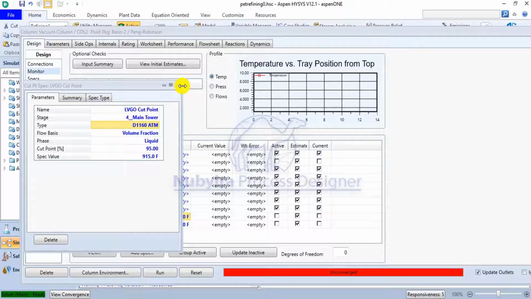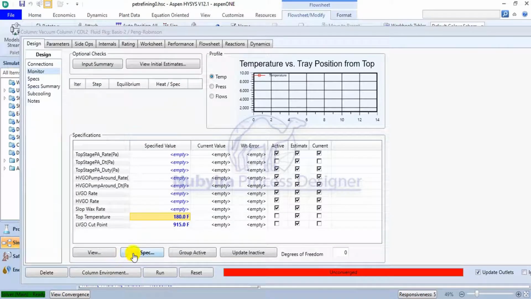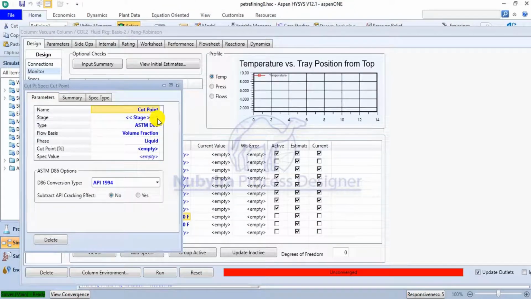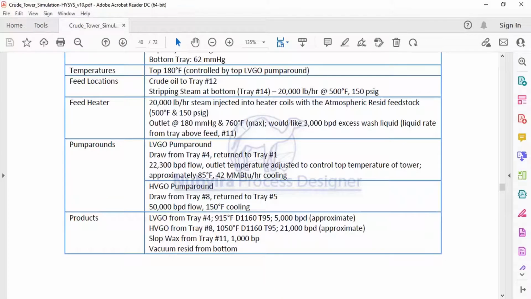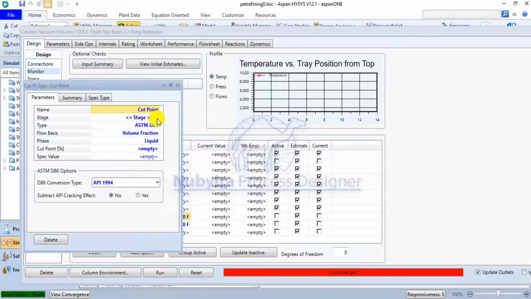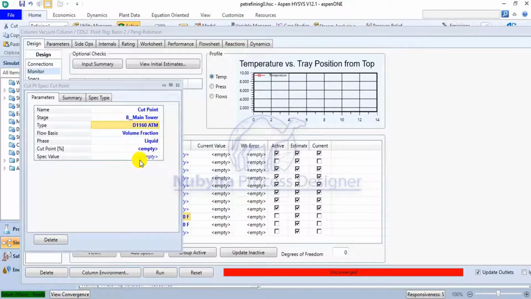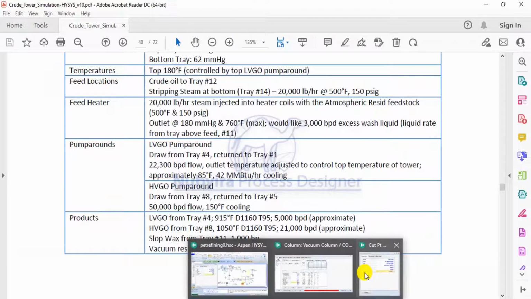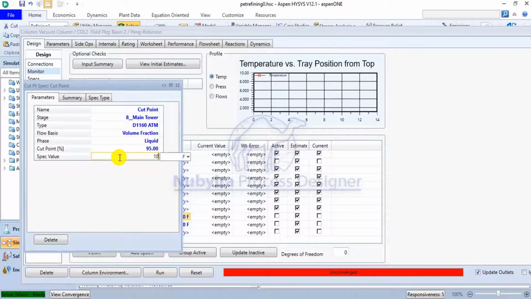So we have the LVGO cut point. I'm going to be adding the heavy vacuum gas oil. The stage for the heavy vacuum gas oil is stage 8. Then I'll change the type to D1160 ATM. Liquid to 95 because the draw is also in liquid state, not in vapor. So we have 1050 Fahrenheit. Let's change the name to